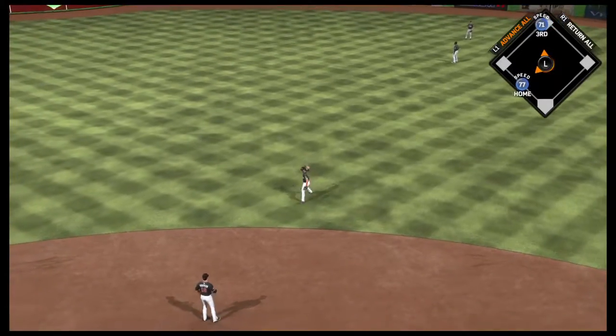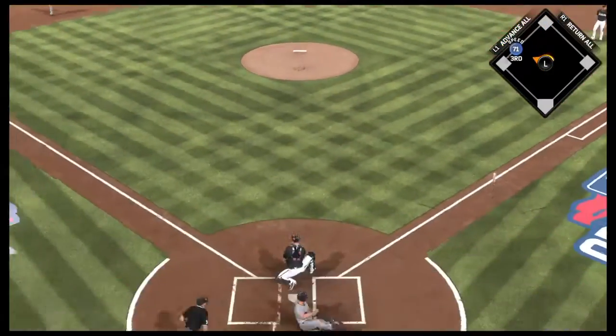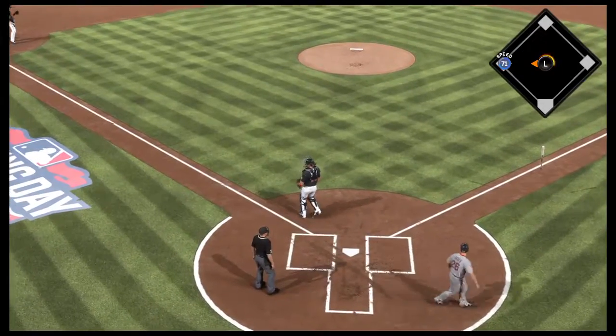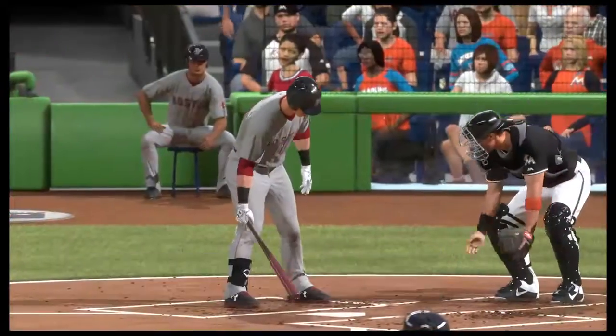Go-ahead run heading for the plate. Now the relay home. But not in time. And just like that, this ball game is tied. Jake Lamb